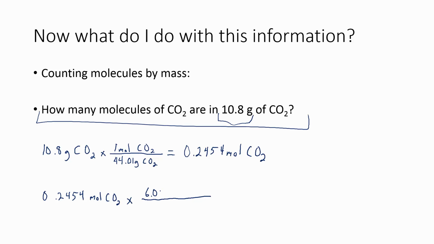That's Avogadro's number, 6.022 times 10 to the 23rd molecules of CO2 for every 1 mole of CO2 molecules. And we punch that in on the calculator. So times 6.022 e to 23rd, and we get